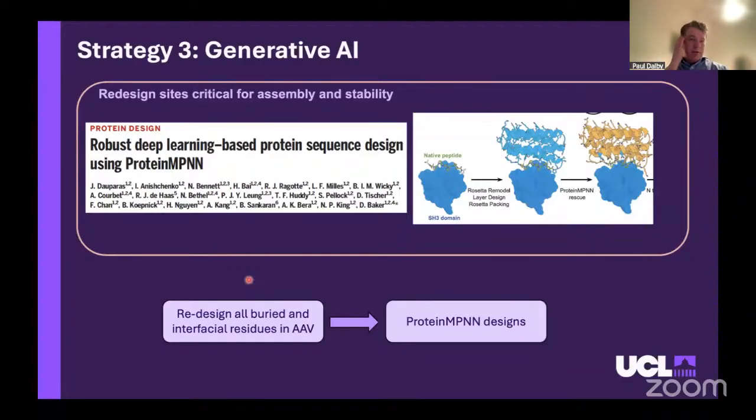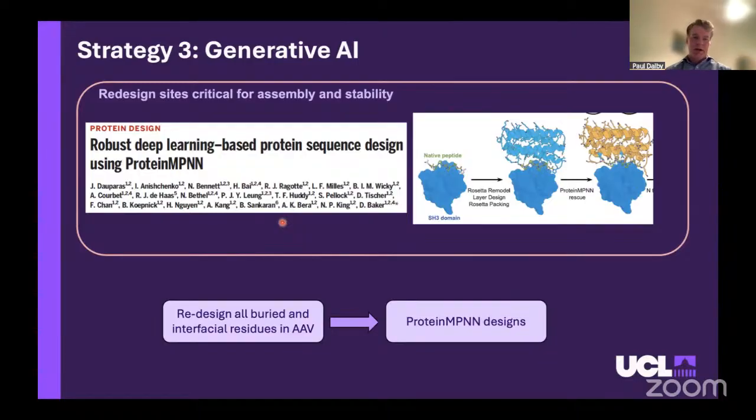Okay, the final third strategy that we've been taking and exploring is to just use generative AI. So the idea here is with generative AI, you can now use something like ProteinMPNN to completely redesign a sequence into a given structure target. So if you've already got the structure, you can completely redesign the sequence. And you can do that either with the protein on its own, you can do it so it binds to a ligand, or you can do it as we're doing to